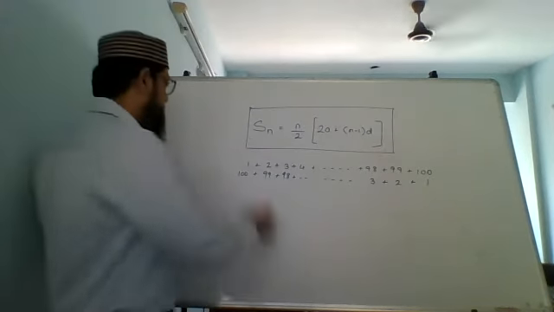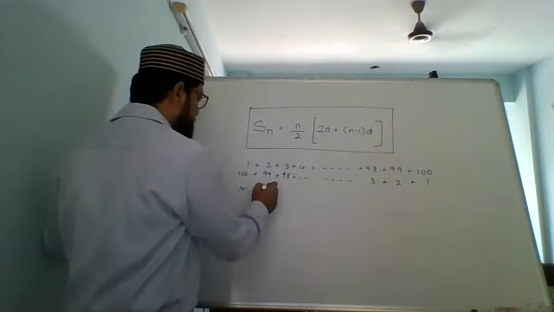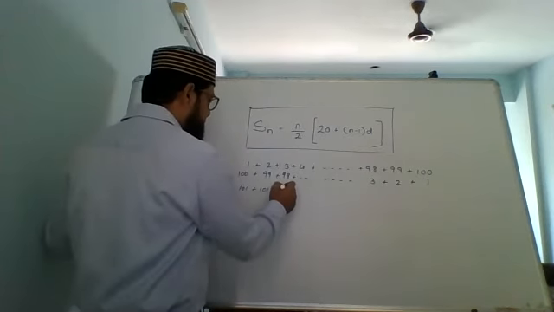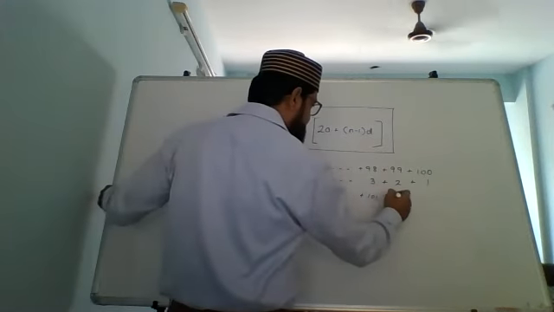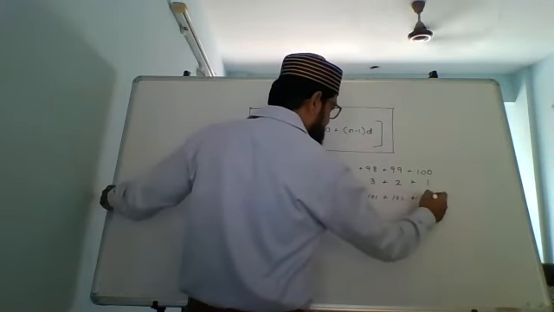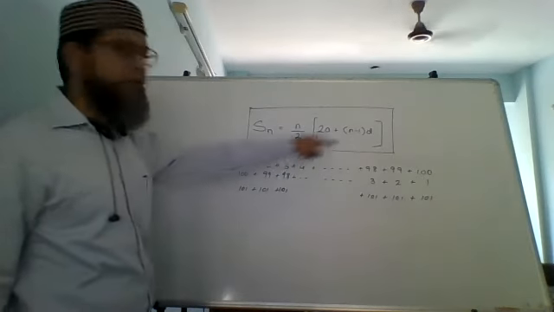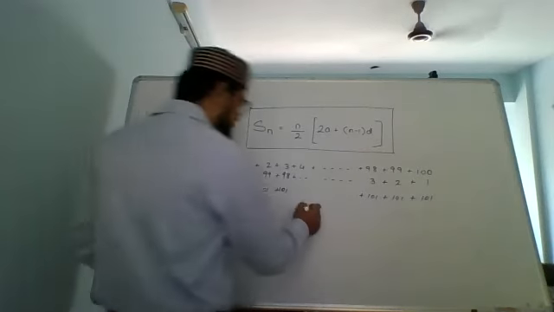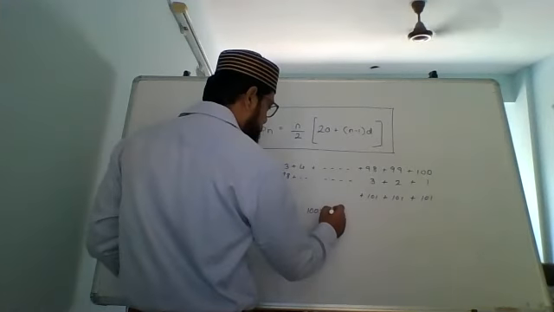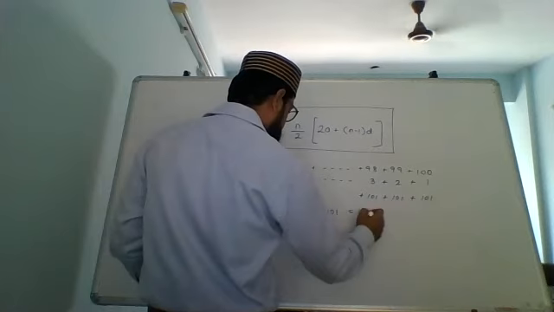So if you'll see each of this, 1 plus 100 is 101, 2 plus 99 is 101, 3 plus 98 is 101, 101, 101, 101. Now, how many 101s? How many terms have you added? 100. So 100 into 101, which is 10